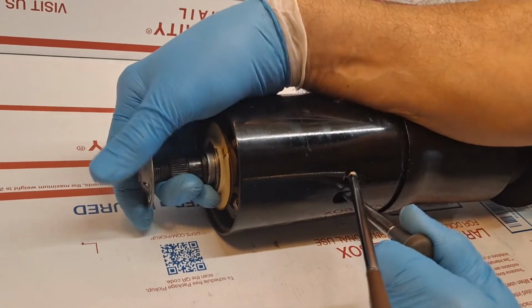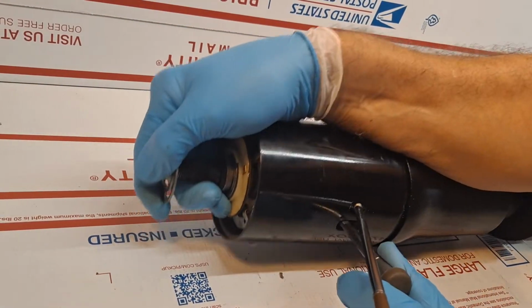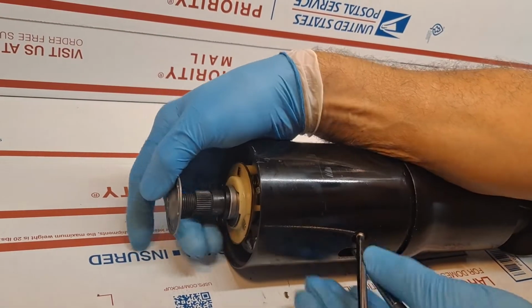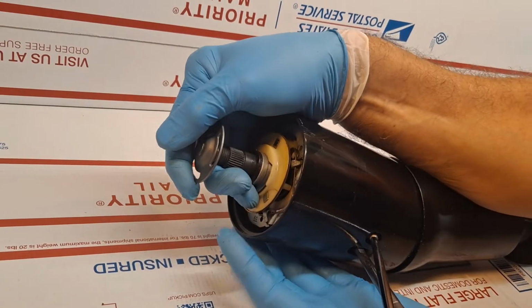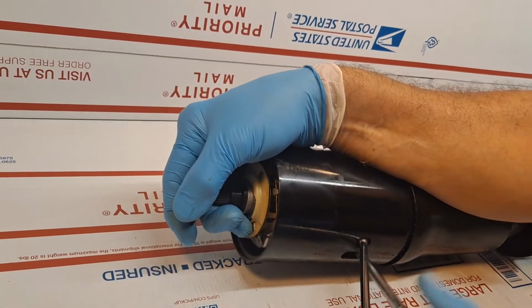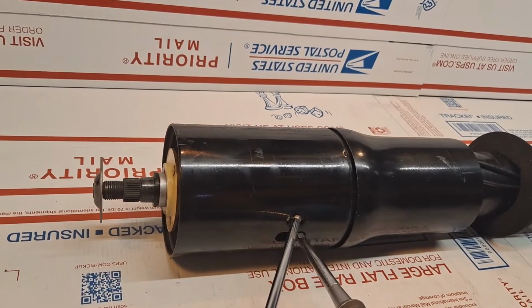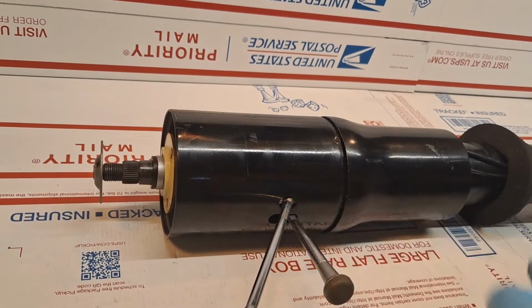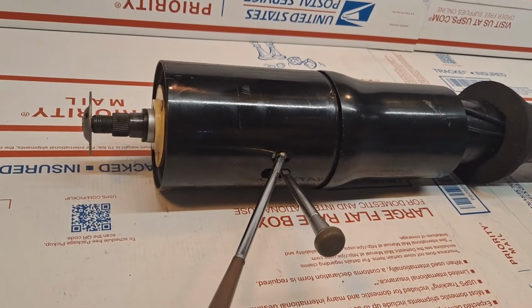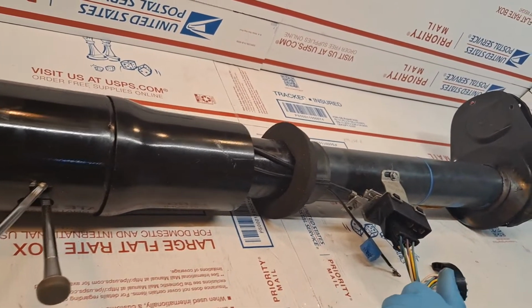partial down, neutral, partial up, and it's going to be hard for me to do it. There we go. And full up. Okay. So those are the 5 degrees of freedom, or 5 positions of the tilting action. So we've tested the telescopic, we've tested the 5 positional movement for the tilt. We've checked the electrical connections for the turn signals and the horn, and our cancellation cam